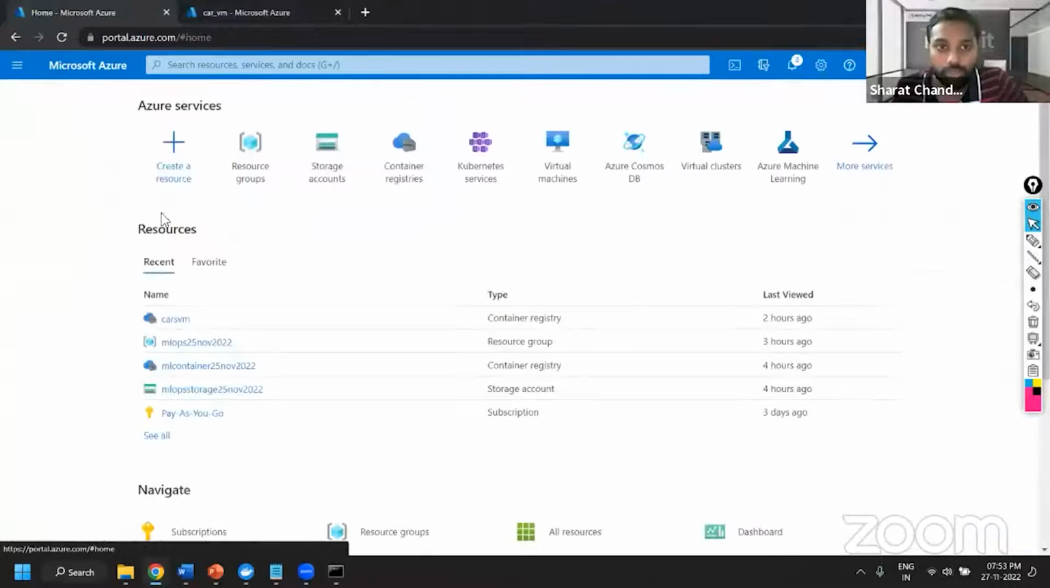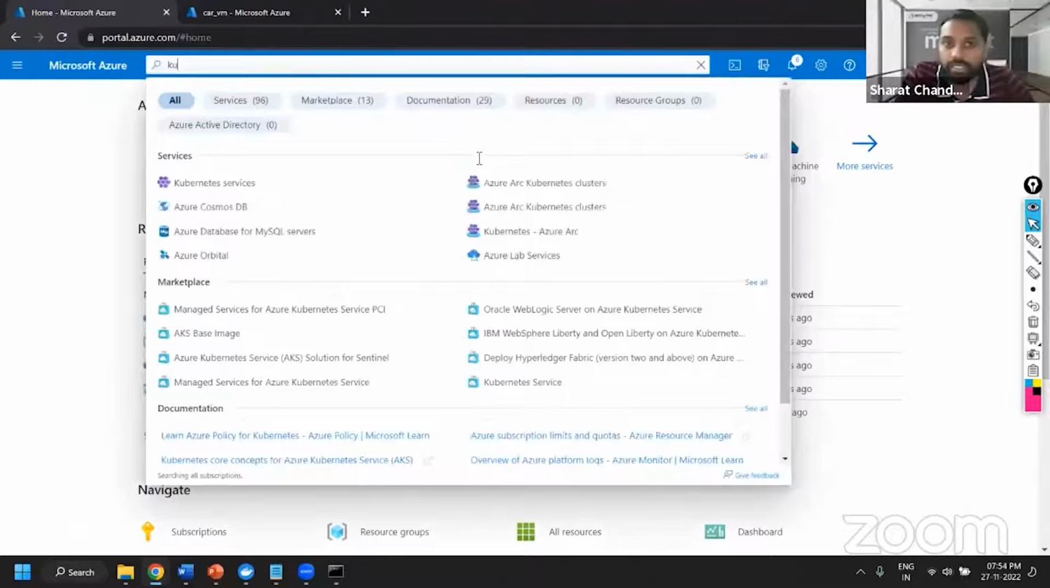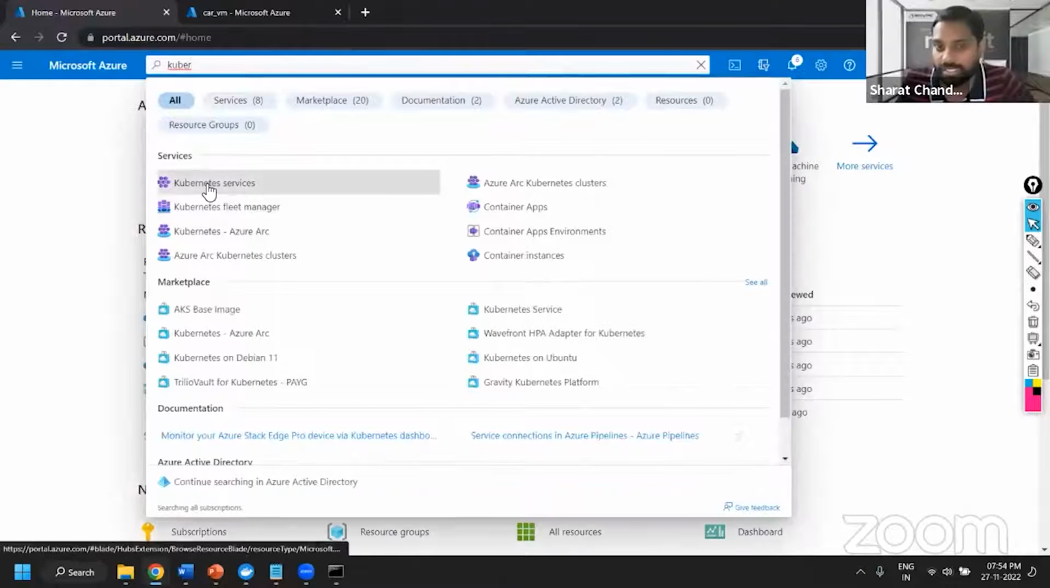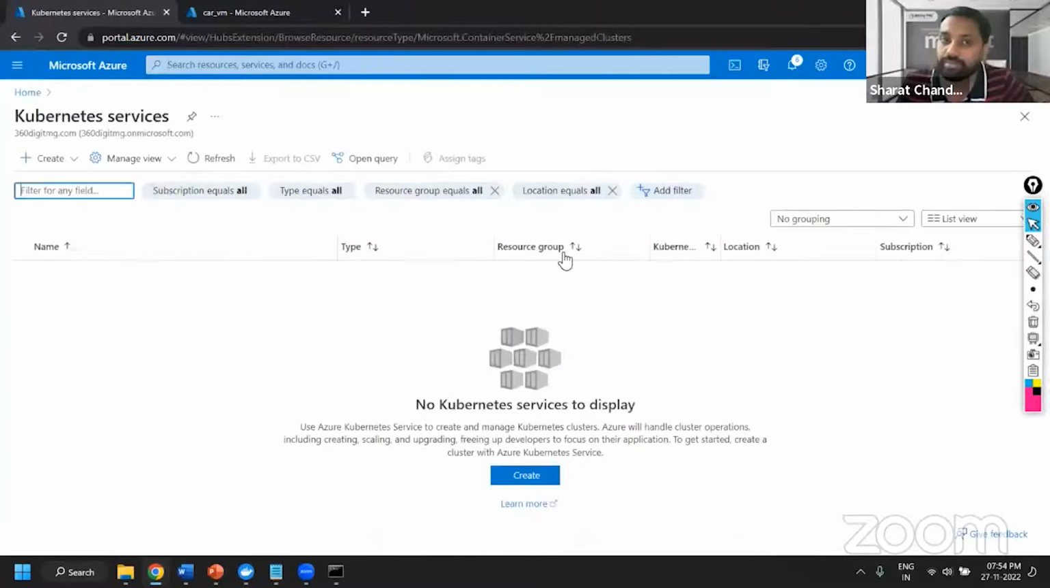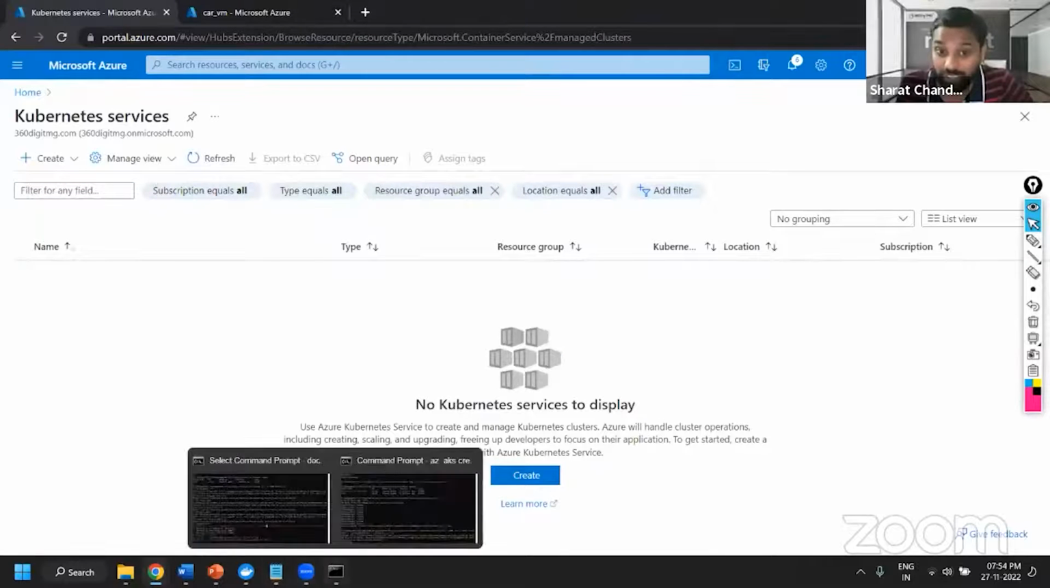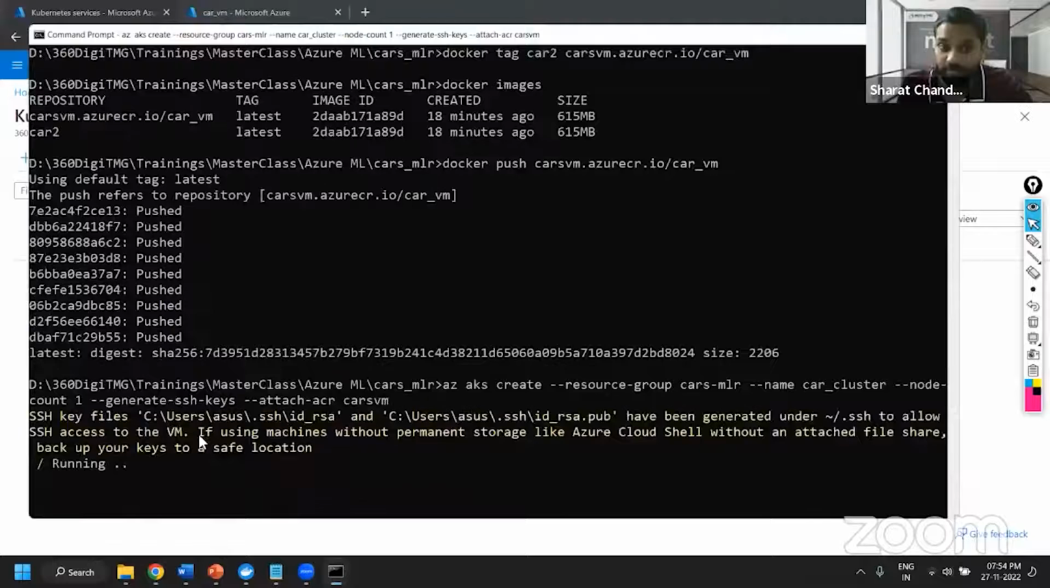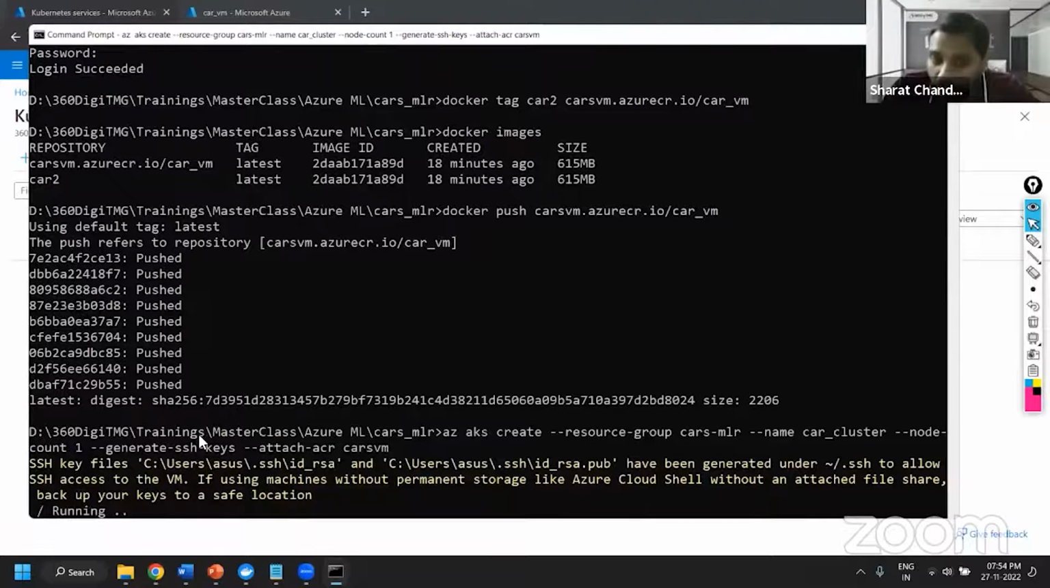I'll go back to the home, and then you can see this Kubernetes service here, right? You can also search. If you don't see that, you can search for Kubernetes services like this. So this is the Kubernetes service. The service is getting created in the backend. It's running. This will again probably take a little while, like 5 minutes or so, to bring up the Kubernetes